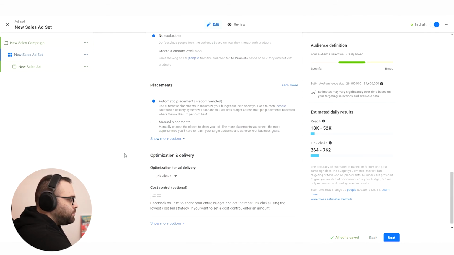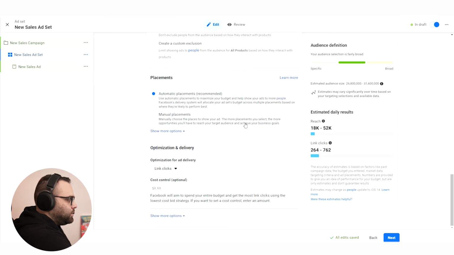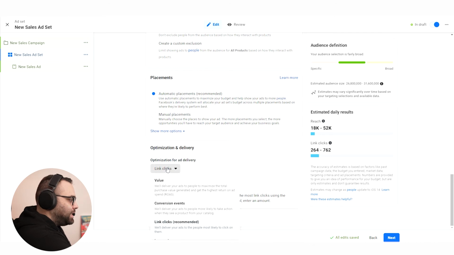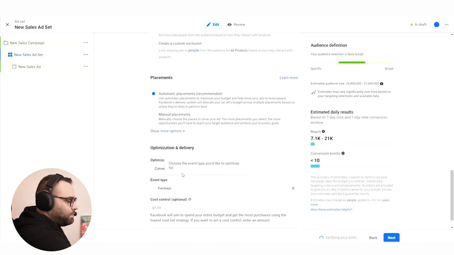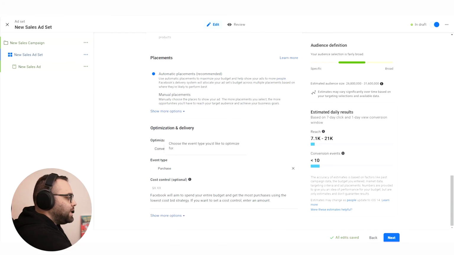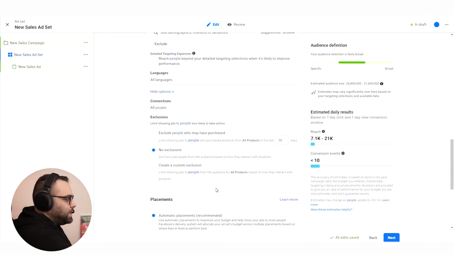By the way, a very important note that I always like to talk about in the catalog campaigns is that the optimization delivery is by default on link clicks, and you should have it on conversion events to optimize for purchases. This is a very spooky way of Facebook to actually want you to optimize for link clicks, but we want purchases. So everything else is going to be the same. These are the things that I wanted to say about the new interface. Don't worry about it. It's not a big thing because, when you open it, it might be a little bit scary, but it's okay. Nothing actually changed, and I will see you for the closing of this video.